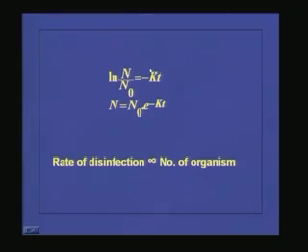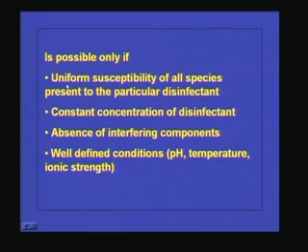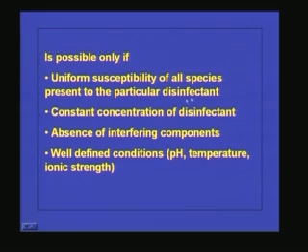Everything is taken care by this k, but this statement is true only if all the microorganisms present in the system are having uniform susceptibility to the chemical. That means if the microorganisms all are having same resistance or same toxicity for the chemical. For example, if we take the water, we know that pathogens are present, and Escherichia coli, which we use as indicator organism, that also will be present in the water. But if you consider these two types of microorganism or bacteria, the pathogens are having less resistance to chlorine compared to E. coli. So naturally, if you apply a particular amount of chlorine to that water, and if you see the number of microorganisms separately, naturally the pathogenic organisms number will be getting reduced at a faster rate compared to E. coli. So Chick's law is valid only if uniform susceptibility of all species present to the particular disinfectant,